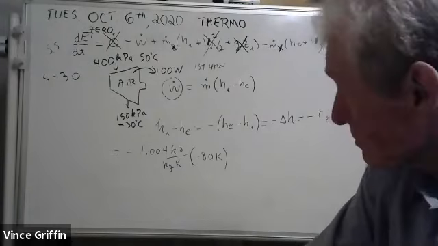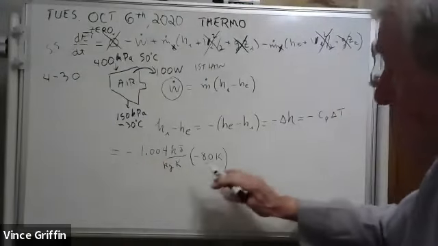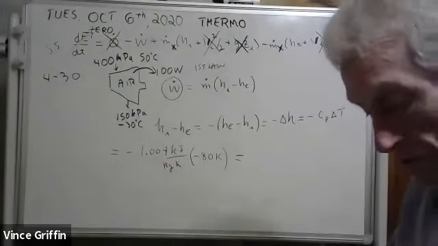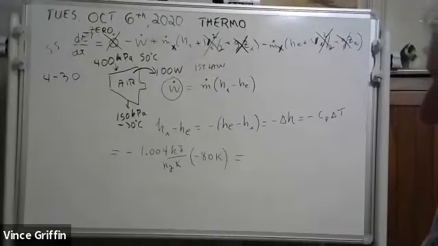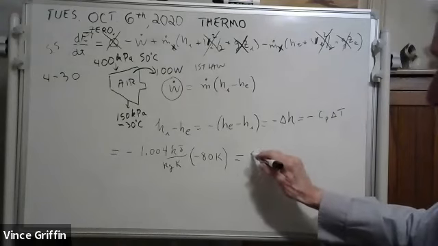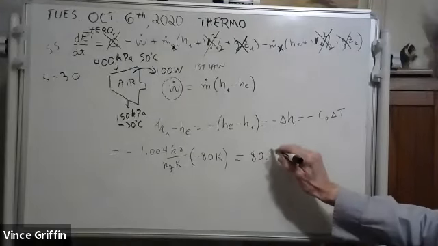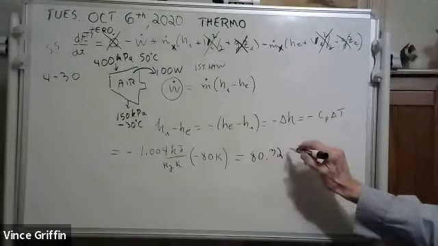You got colder. Hey, there's two negatives that makes a positive, and so here's what you have. You have 1004 times 80. I'm getting 80.32